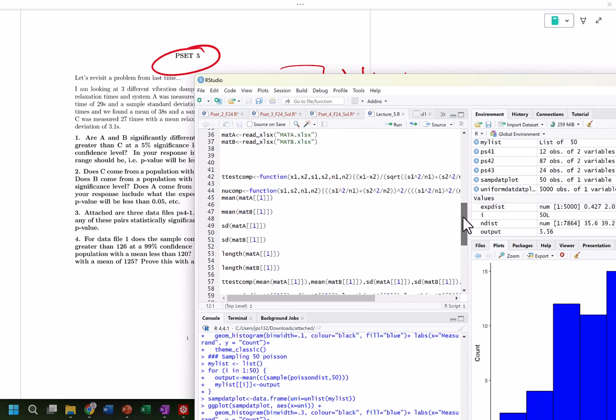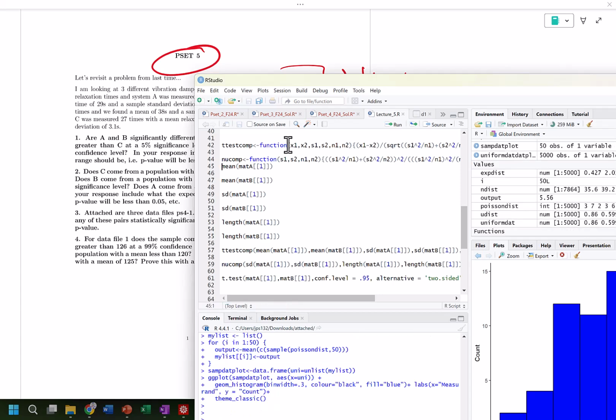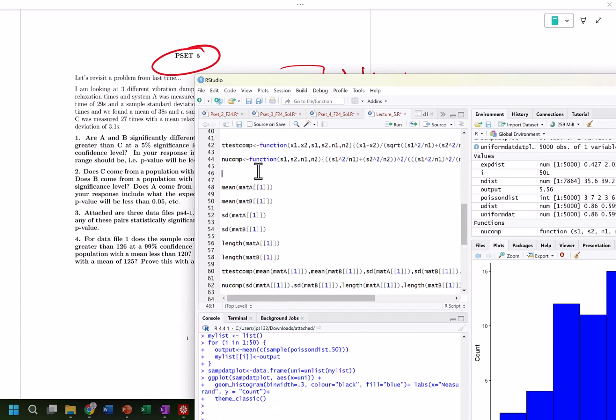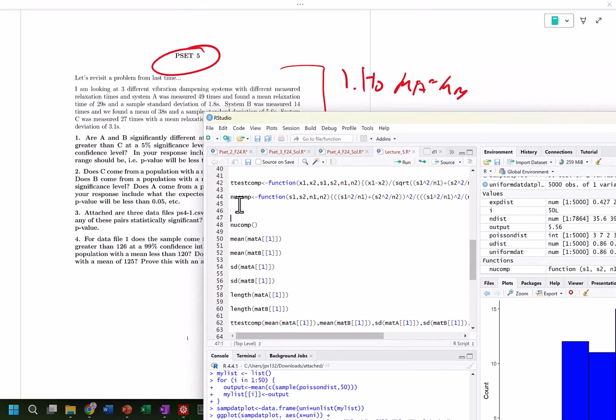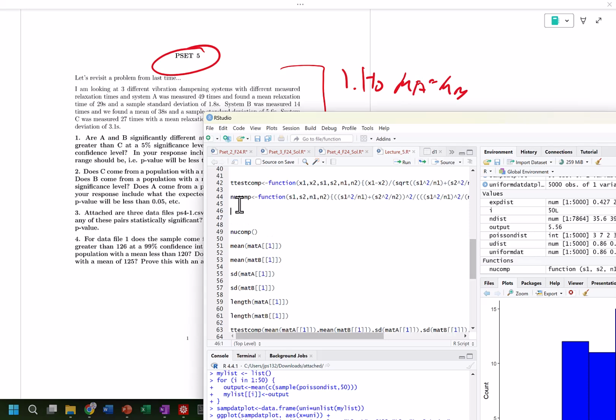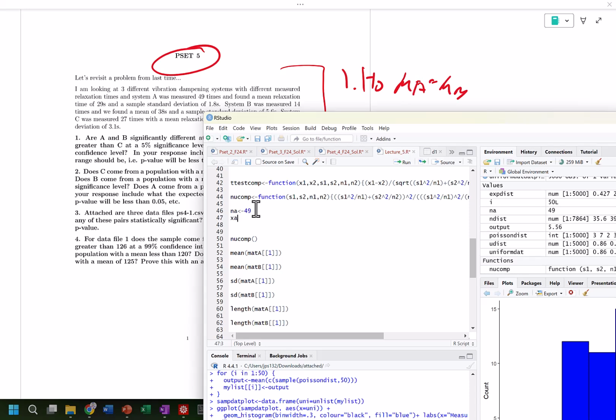So our nu value, we have our t-test comp, we have our nu comp, and we're going to go nu comp, and then what's our S1? Let's go ahead and define that. Let's say NA goes to 49. XA goes to 29. SA goes to 1.8.